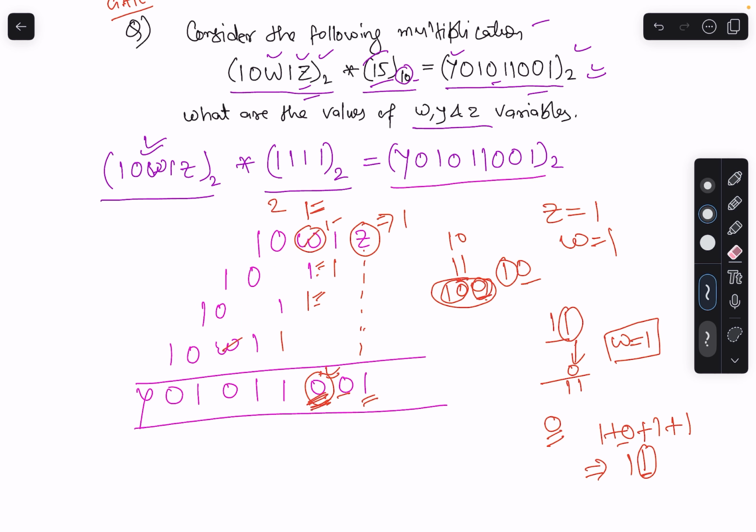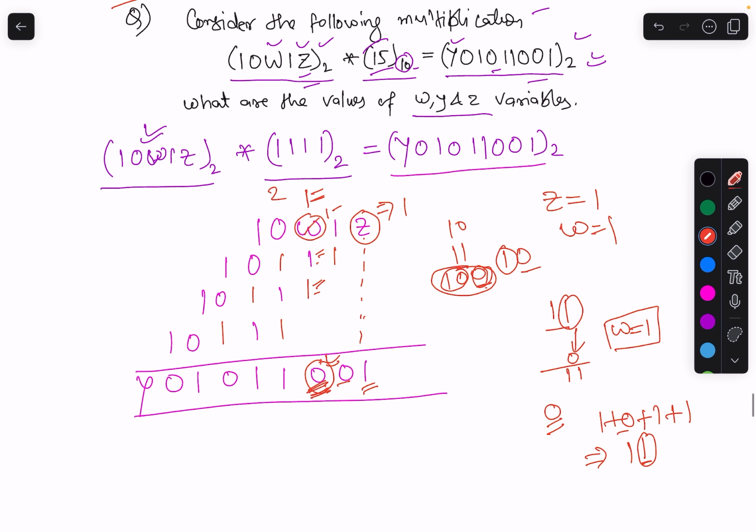So let's replace this, 1 1 and 1, right? Now we have this 2 as carry, so 2 plus 1 is 3, 4 and 5. 5 means 1 0 1, we are taking this one here. Now again 2 is the carry. Now we have 2 plus 1, 3, 4, 5, again 1 0 1 is 5, we are taking this one